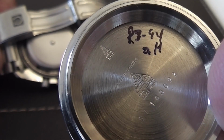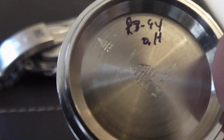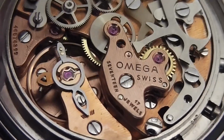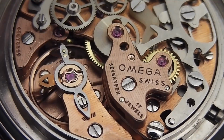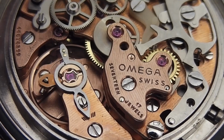On the inside of the back cover, it appears to have some characters and the number 94, possibly from when it was last serviced. Under the cover sits an anti-magnetic shield. Underneath the anti-magnetic cover is just amazing, as it reveals almost a work of art with Omega's caliber 861 movement